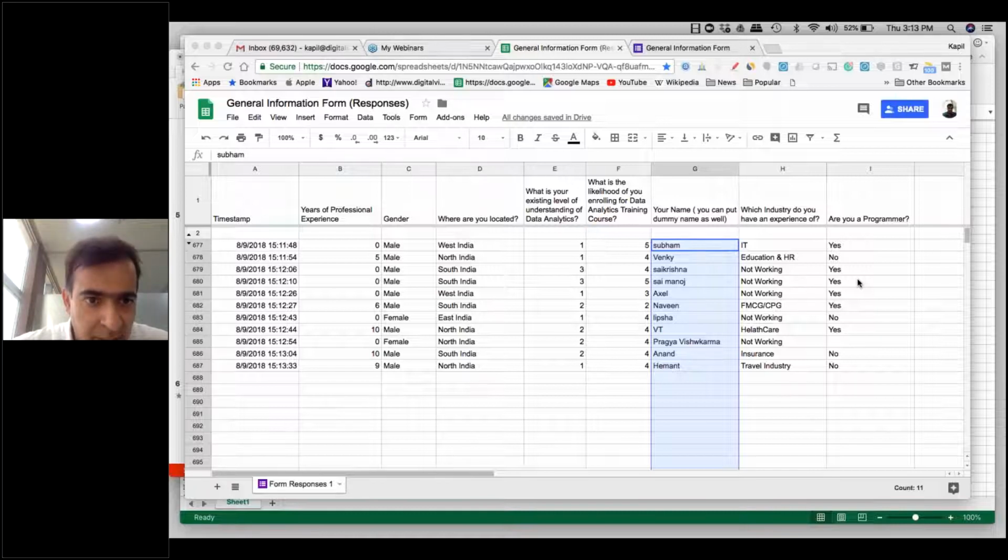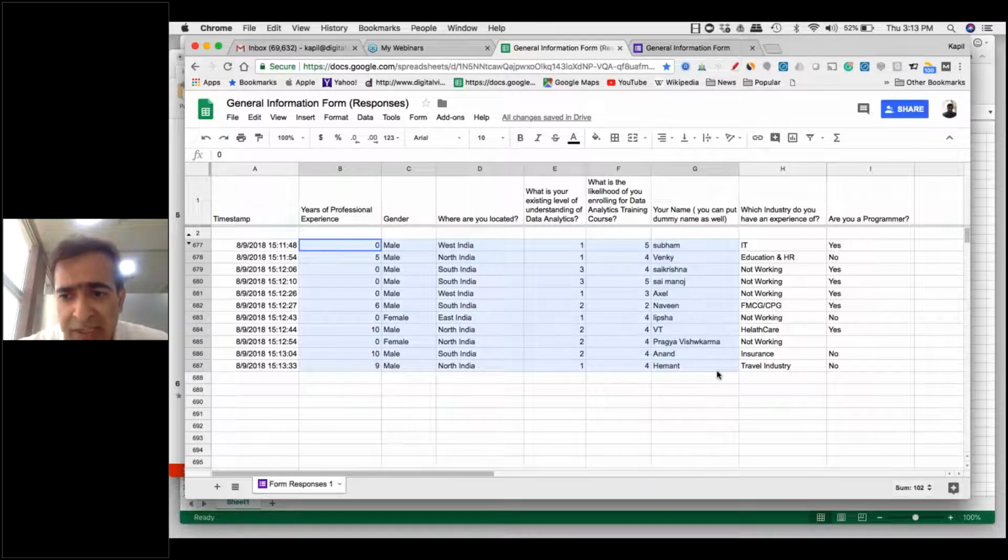So I'll just take a copy of this data now, right? What I've done so far is that I've asked you to fill up a Google spreadsheet. Google spreadsheet is not really the best tool that is used for data analytics. That's because there are limited libraries available with Google Spreadsheet. So what I'm going to do is copy what I've just taken and post it on Excel. Right?